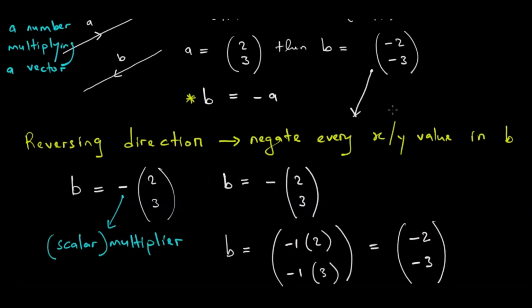So before we move any further, let us look at another example along these lines. In this example, we are going to take a as being equal to -1, 3, like this. So we want to reverse the direction of that. Method number 1. To reverse a direction,